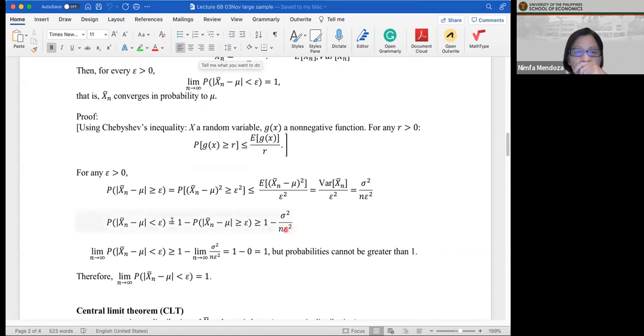Okay, we're working with probability limits, plims, or convergence in probability. So let's look at this event: the absolute value of x bar sub n minus mu greater than or equal to epsilon. Let's get the probability. If we square both sides of this inequality, we get this expression. And note that